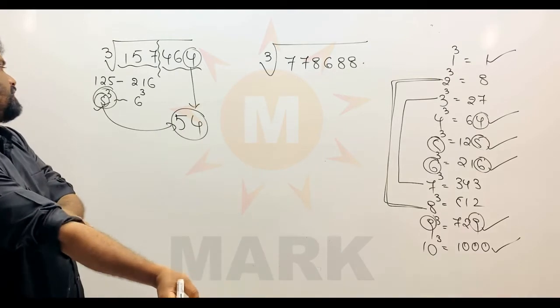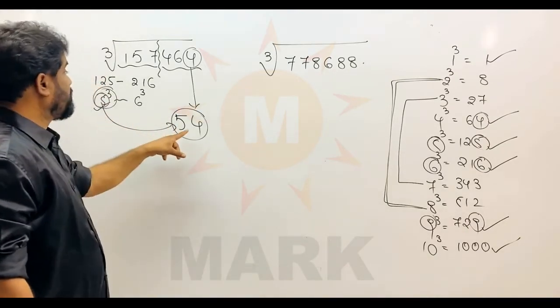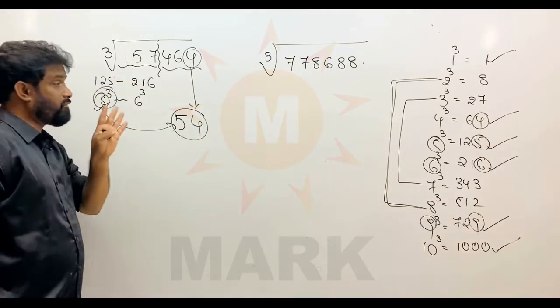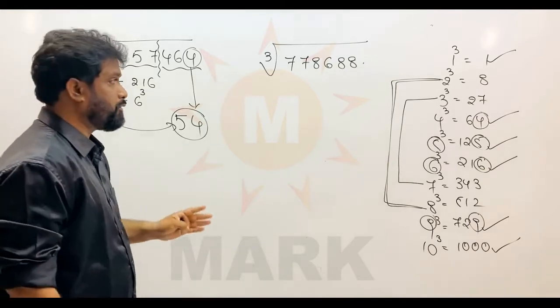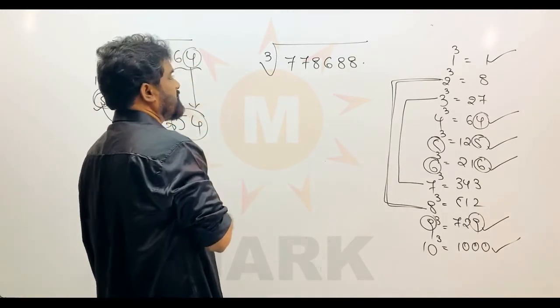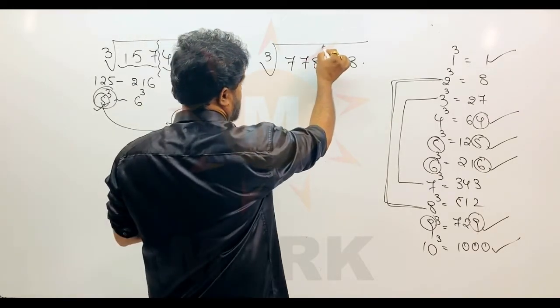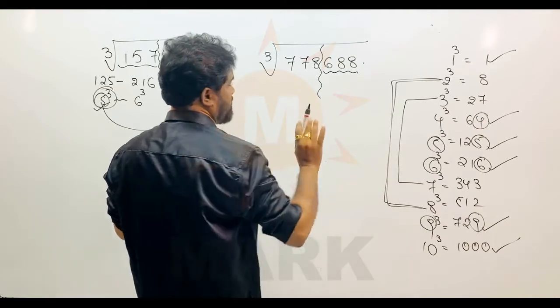Right? Okay. Now coming to this topic, this is stay as it is concept, right? So 54 is the cube root of 157464. First only I told you 157464 is already declared as a perfect cube. Now going into this section, find the cube root of 778688. Same thing, I am starting from the units place. 688 I have taken as one category.